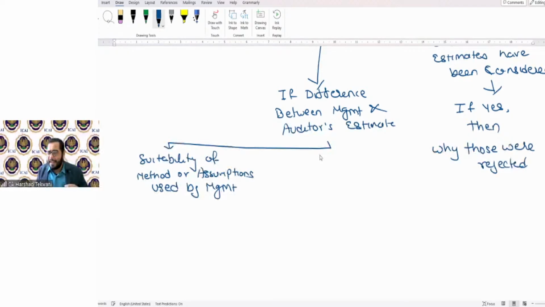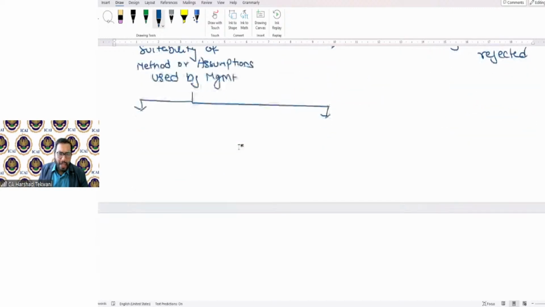If there's a difference, then consider whether the assumptions or method they have used are correct or not. If you find they are appropriate,